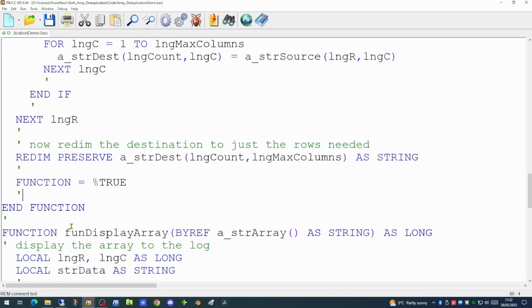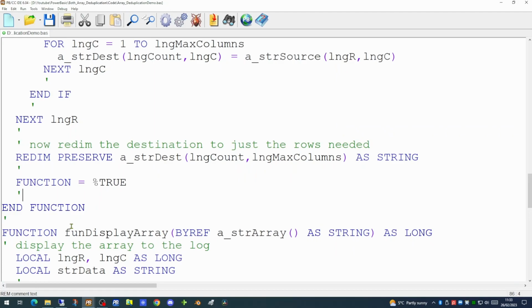We're setting the values to be longCount and the maximum number of columns. LongCount will be the last written record to the destination array. Everything after that in the destination array will be empty. So this will effectively throw away all the empty records and leave us with a destination array of a fixed size, fully populated. We can then return the value true.